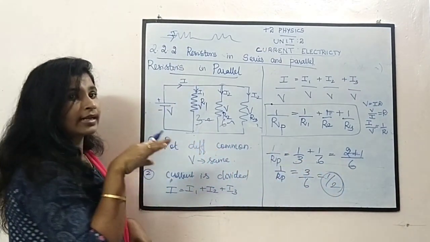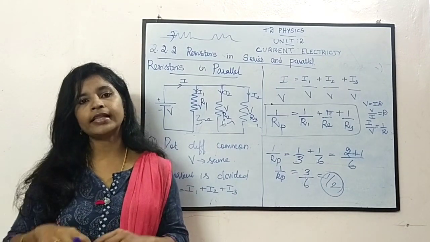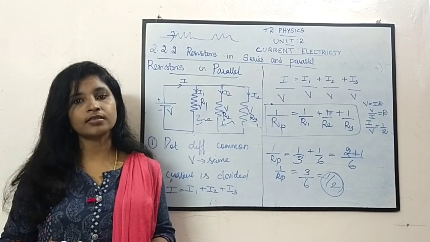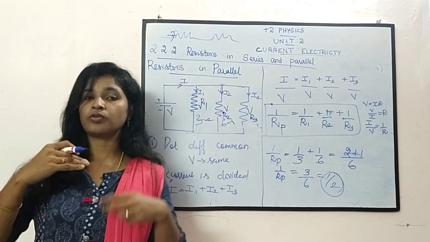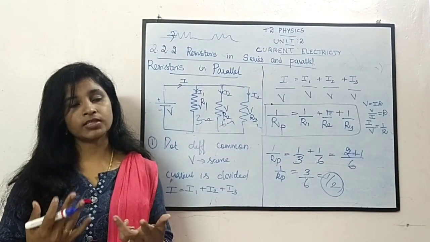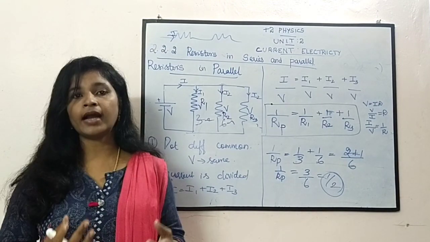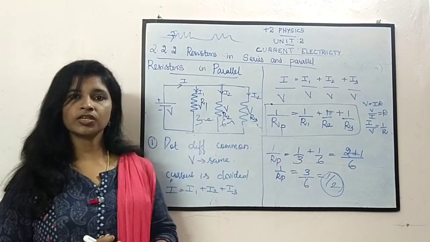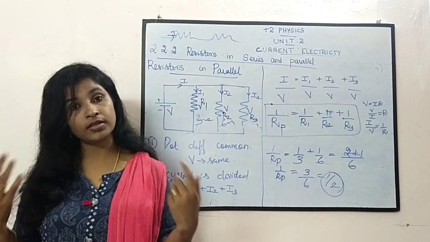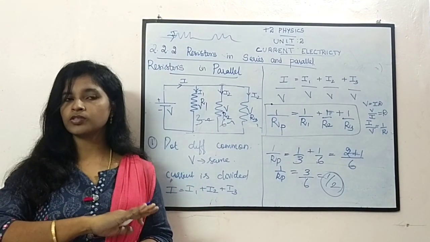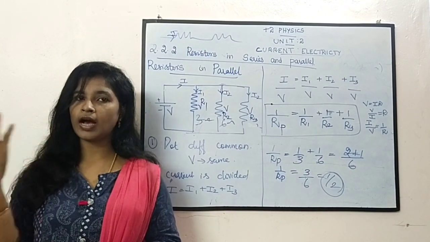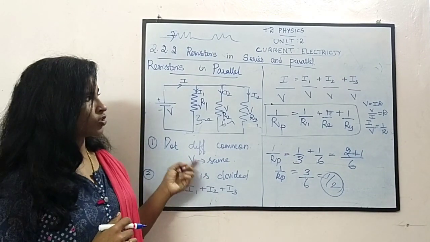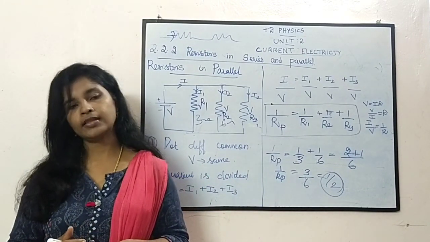So when the resistors are connected in parallel, how will the effective resistance be? It will be less. If you connect in series, you will get more. So based on the necessity or your demand, you can use parallel connection or series connection. There are some more connections, but they are not needed for your 12th standard. You will study them in higher standards. Hope you understood the series and parallel connections, and thank you for watching.